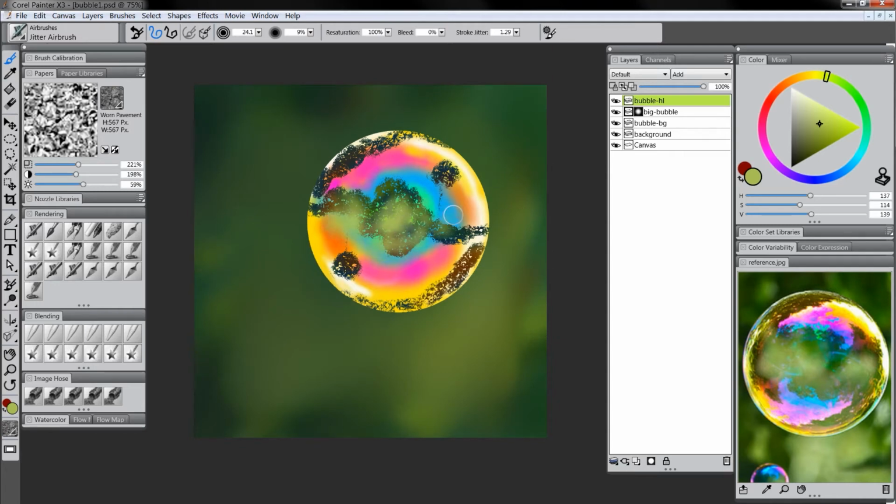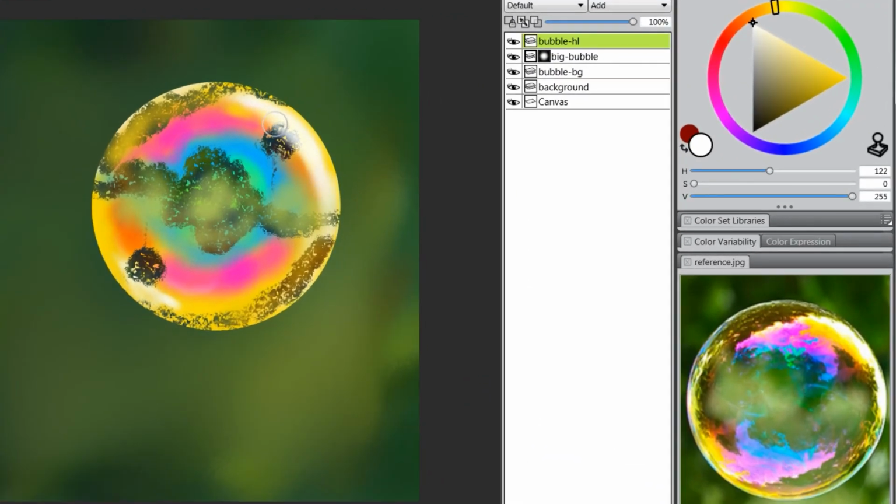Just paint in what you see in the reference image there. Let's put in some yellow on top here, just obscuring it with a little bit of a haze. Let's switch to the digital airbrush. And I'm going to put a nice